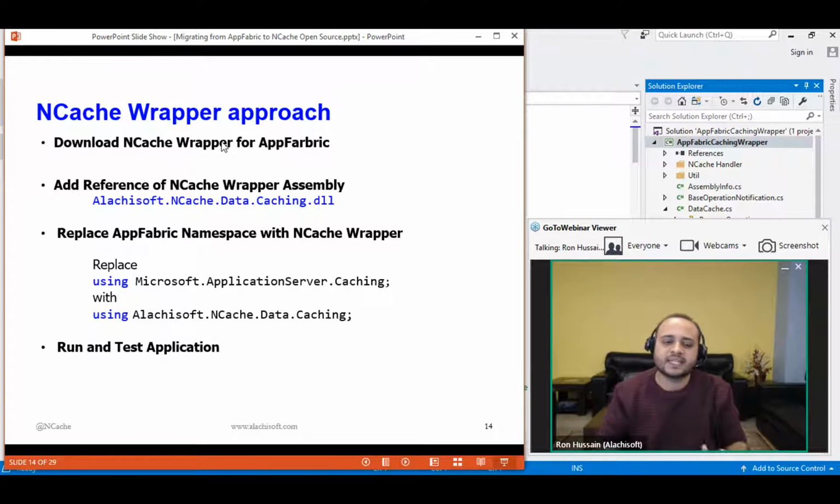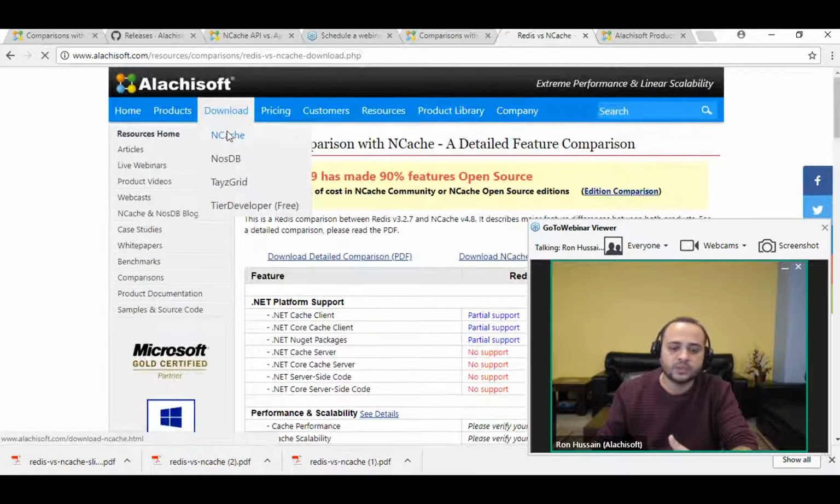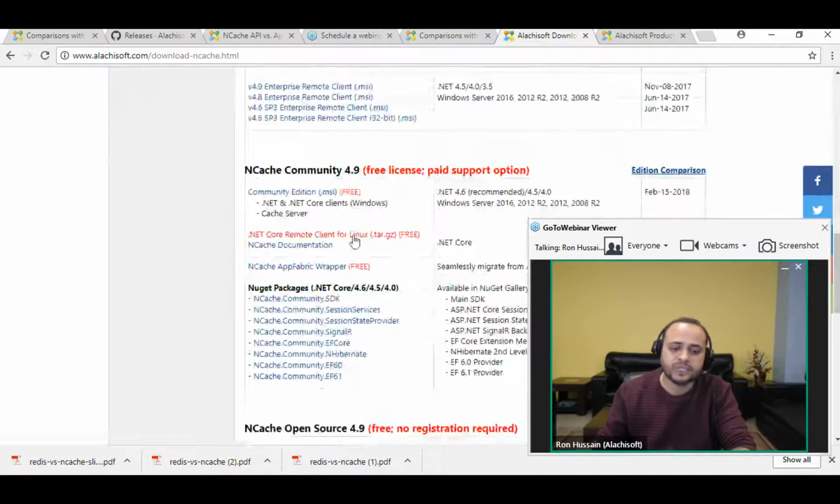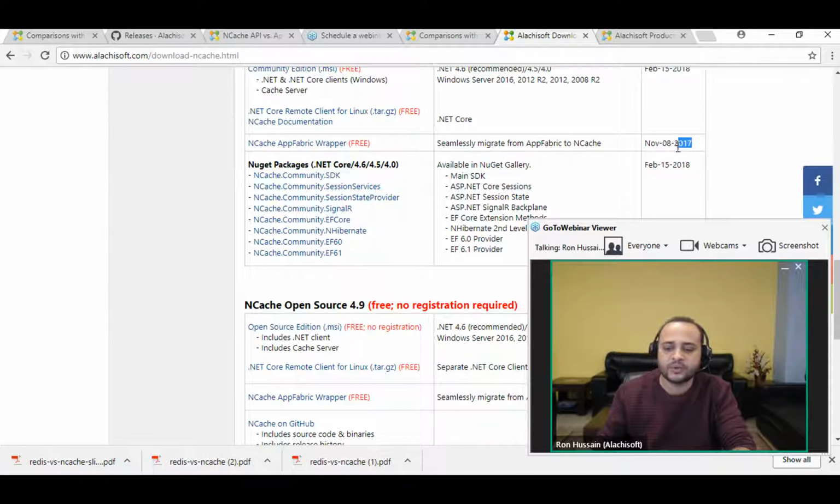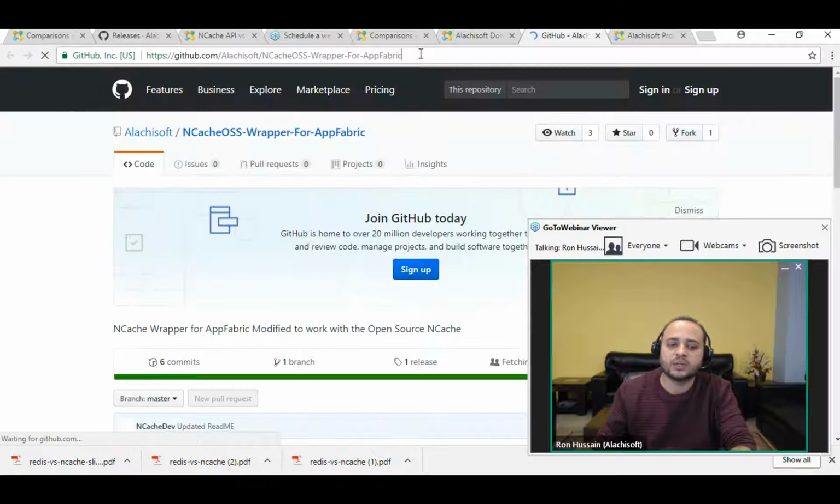We'll first discuss the NCache wrapper approach, and I'll show you all the steps involved in it. So let's quickly go through the steps. First of all, you need to download the NCache wrapper of AppFabric from our website. There are two options around that. You could go to our website, go to the NCache download page, and within the download page we have this AppFabric wrapper, and we recently got this updated with our 4.9 open source assemblies. If you click on it, it would take you to our GitHub repository